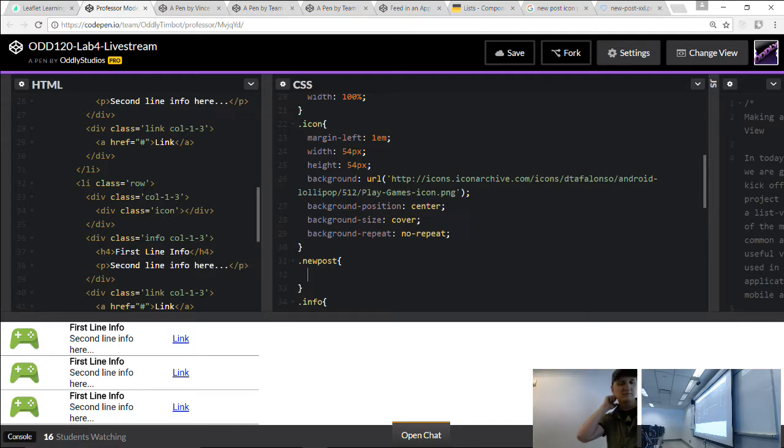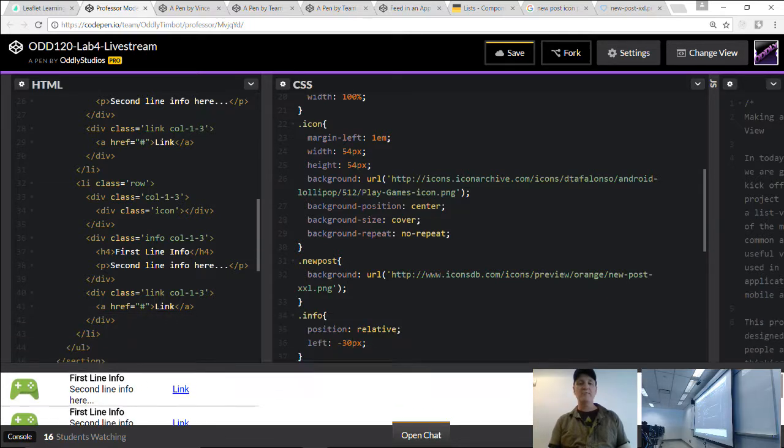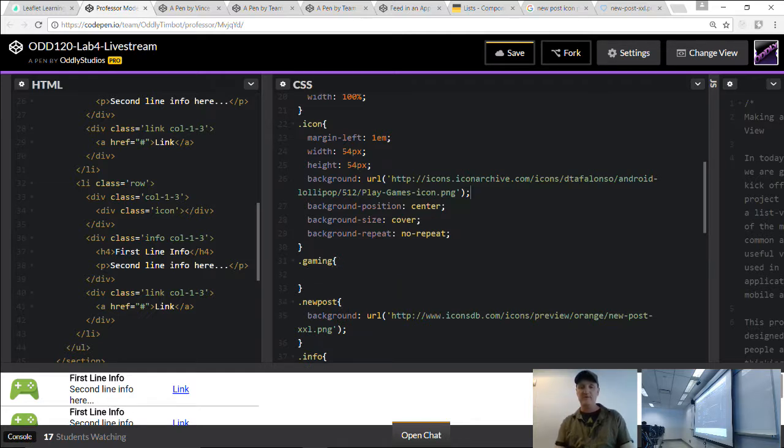Head on back in here. And here's what we'll do. I'm going to go to background and set this up to use my other icon here. There we go. And I'm going to rearrange my little icon class that I made previously. I'm going to break it up a little bit. I'm going to take its background property out and put it in like gaming. Right? So let me take this,